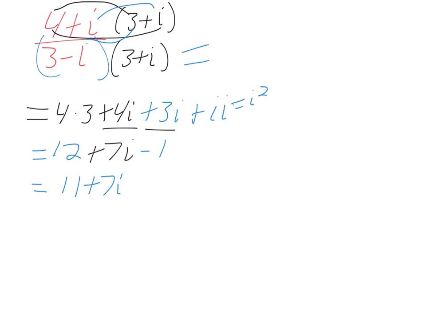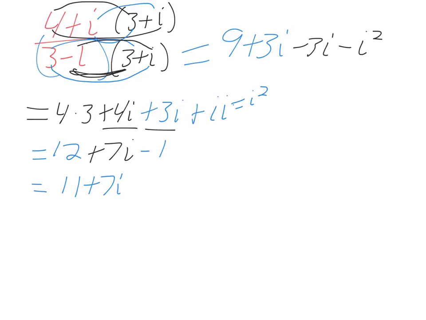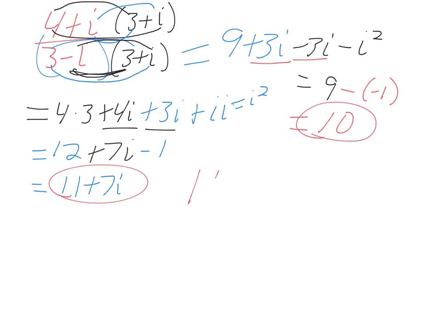So once again, I'm just going to FOIL that. That'd be 3 times 3 is 9. Then over here, plus 3i. And then minus 3i, and then negative i times i would be negative i squared. Alright, so then I'd have 9, and these cancel each other out, because one's positive and one's negative. Minus i squared is negative 1, so I have 9 minus negative 1, which is 10. So there's my denominator. So then my final answer, this is the numerator, this is the denominator, so 11 plus